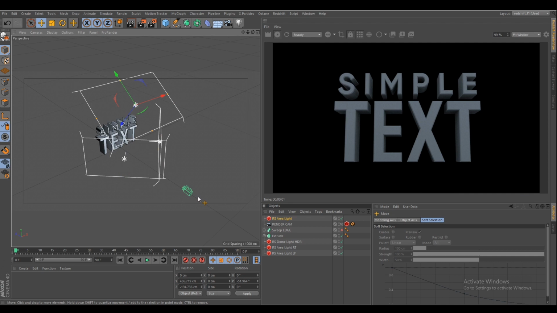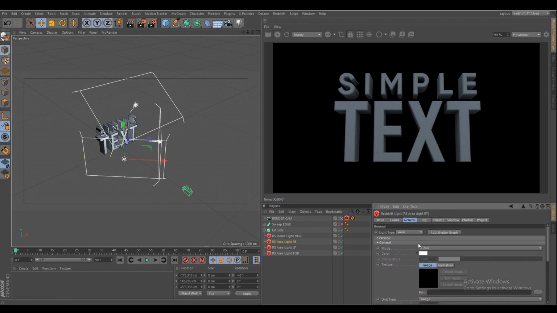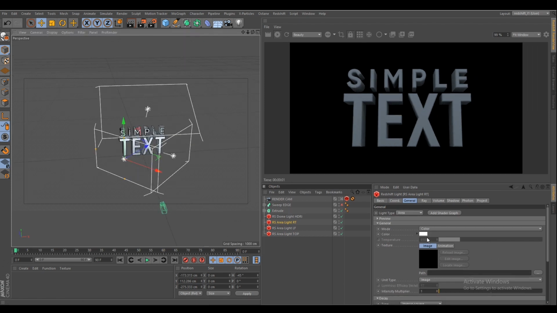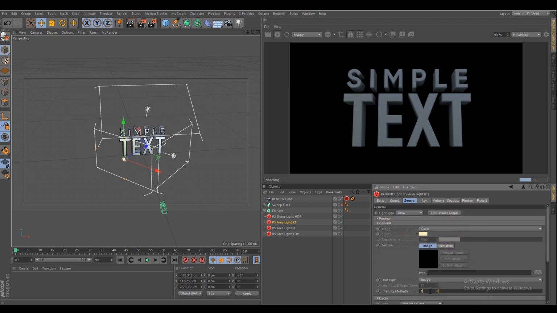These 3 lights, 1 camera, and the text, and an HDR map, that's all, nothing else. So just rename it top light, and some lighting adjustments, like this is the left side one. I want it brighter and warmer. So this, and a little bit of extra intensity boost.